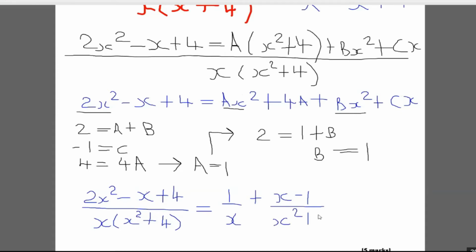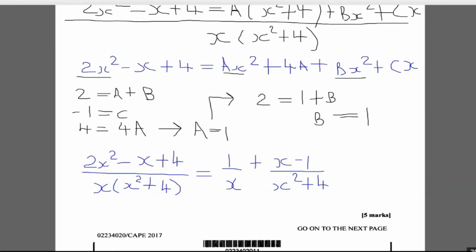Now, this is not what the question wanted to show. We can separate this even some more. We can separate this fraction into the sum of two partial fractions. So we can write it as x over this minus 1 over this, right? So that part can be broken down even some more to say that this is now equal to 1 over